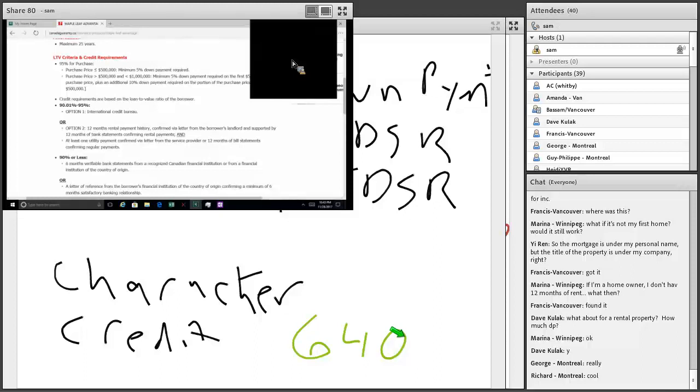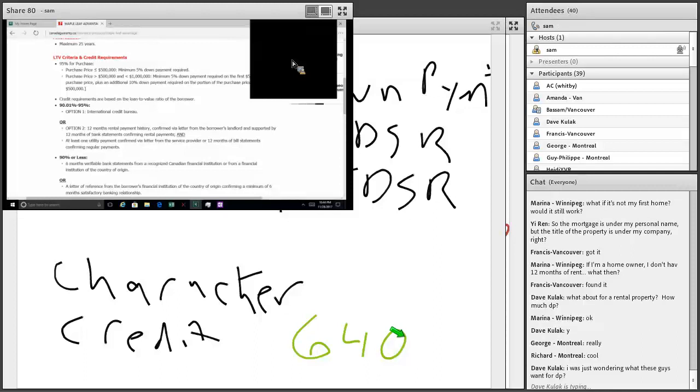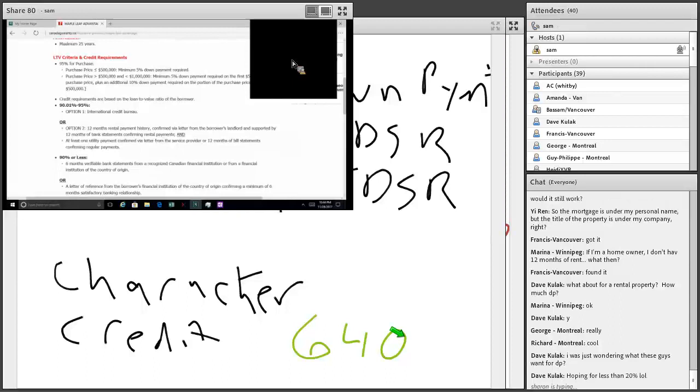Okay, Dave Kulak. What about rental property? Well, it depends. If you're buying a home and it's your second home and you're going to rent it out, 5% down payment. If you're buying a duplex and it's your second home, it can also be 5% down payment. You're allowed to be occupying half of it. Just remember, and I don't want to get too much into taxation, but once you go past your principal residence, anything that you're selling, second or third home, there are obviously tax implications here, which is where the corporations become important.